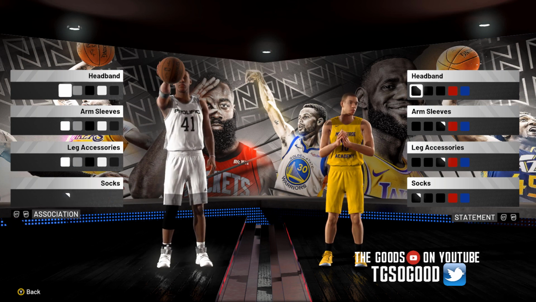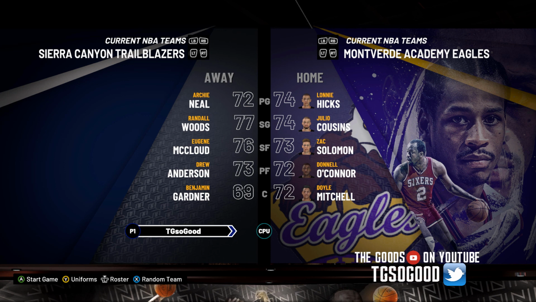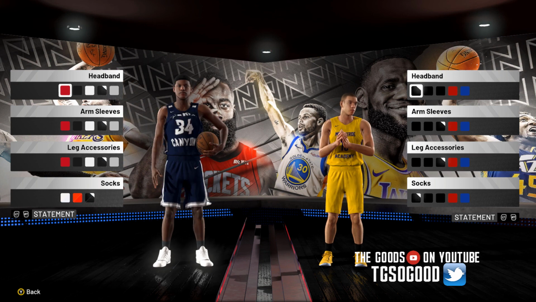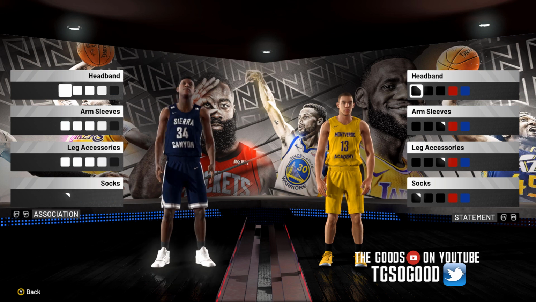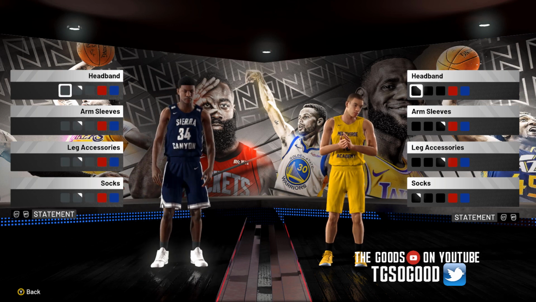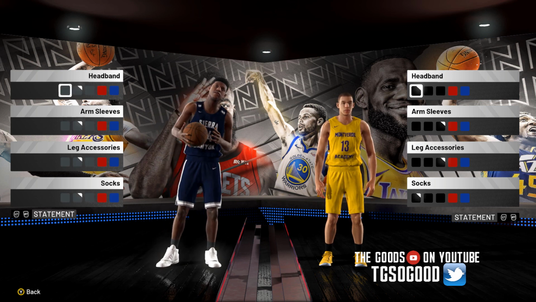So it'll have association, icon. Some teams will have their correct alternate jersey. So let's go over to Sierra Canyon. All right, statement, association. Okay, they only have two jerseys. Statement, association. Okay. Anyway,